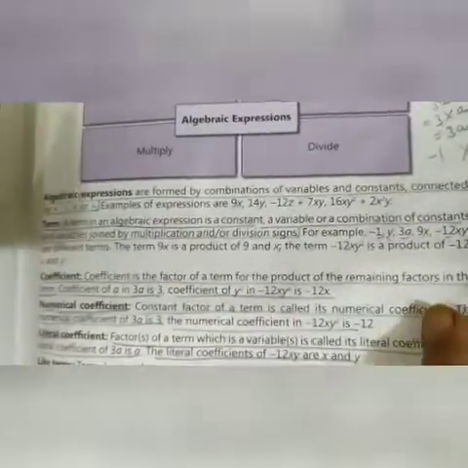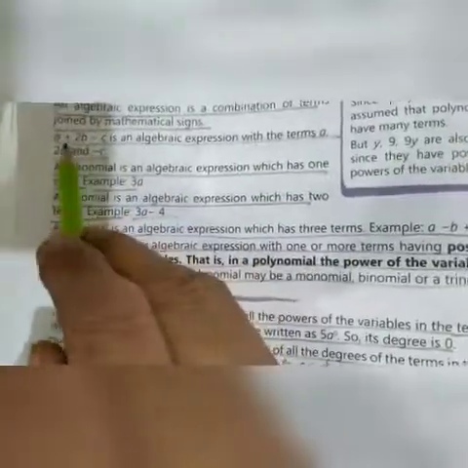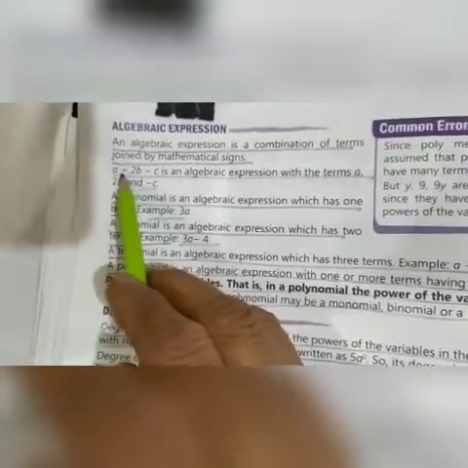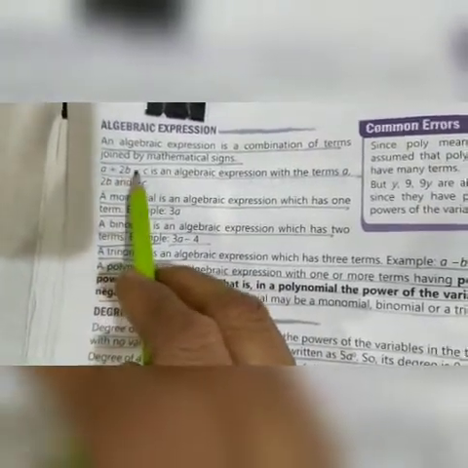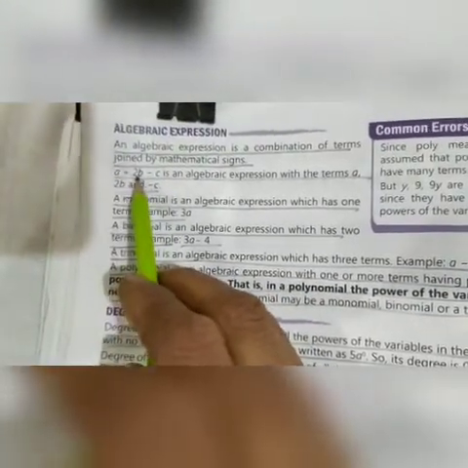So in an algebraic expression, as I told you here, how many terms are there? Its terms are a, 2b and minus c. Students, one more thing to remember: if the sign is plus, then there is no need to speak or write it. But if the sign is minus, then we have to write it. We will speak like this: its terms are a, 2b and minus c. Clear? Remember it.